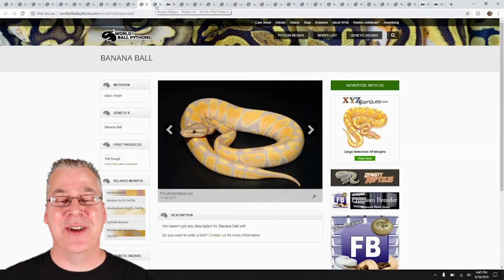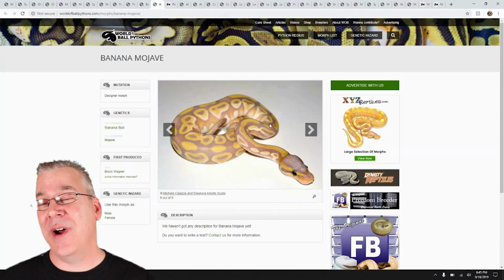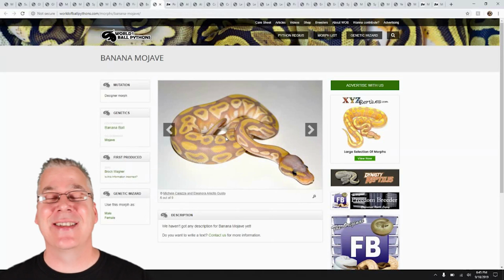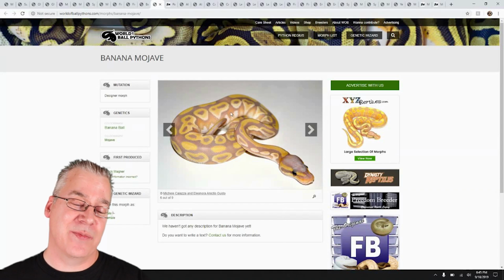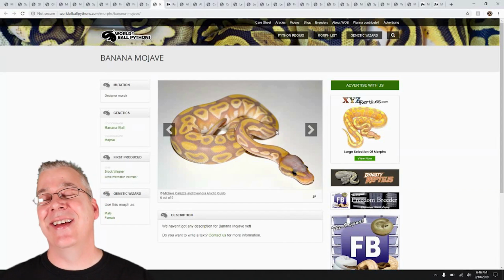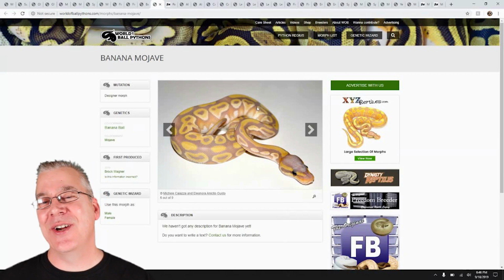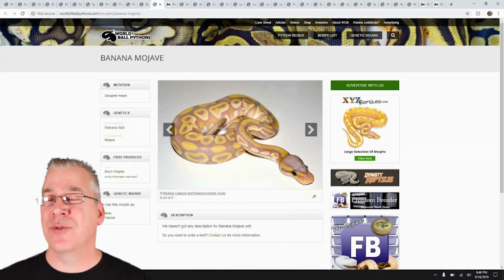So I kind of wanted to show you what the Mojave does to the banana, and it's actually quite impressive as far as what it's doing to the banana. A lot of times you really can't see that much of an impact, and I'd say it's changing it quite a bit. It's given some lightening on the side. You can definitely tell it's still a banana. The banana is really strong. And I also wanted to show you right here, I'd say it's not really fair because banana trumps a lot